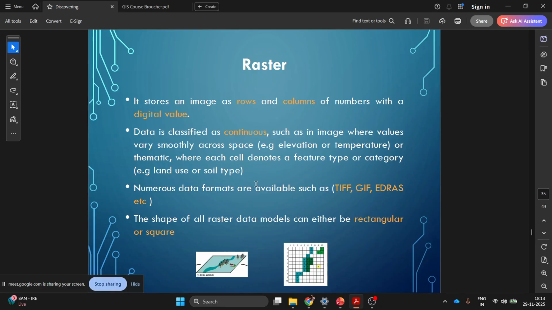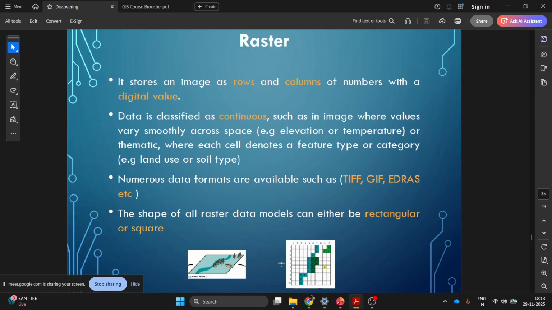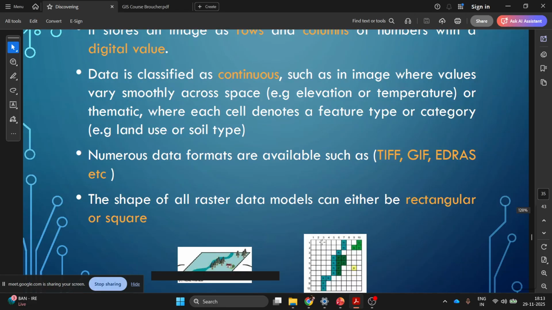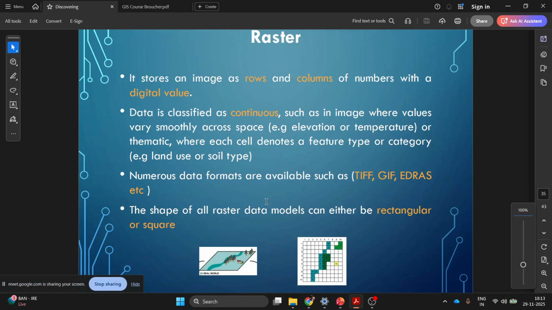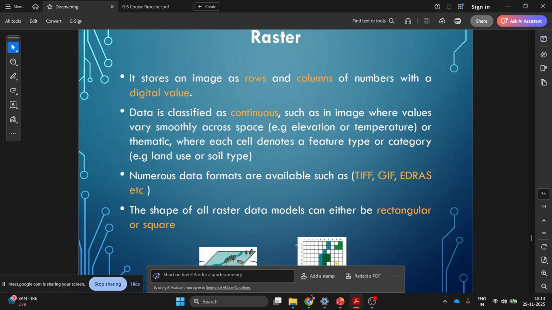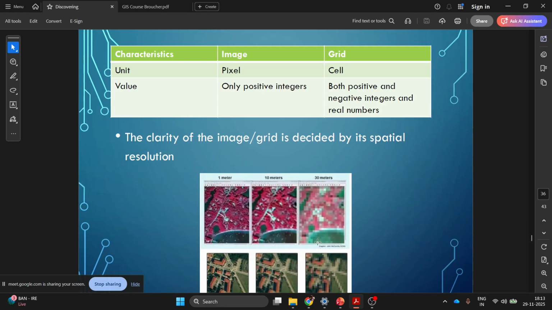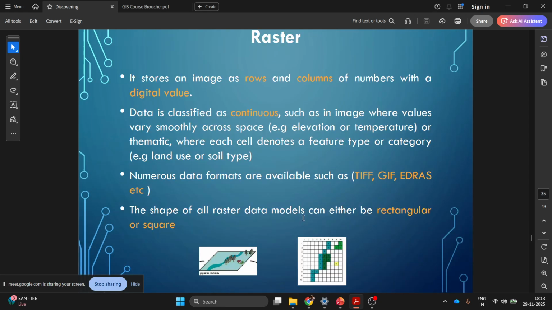In a similar way, in case of this raster file, each grid, each cube, will carry some kind of a value. So that is what we call data, a digital value. So it stores the image as rows and columns. For example, the data is stored as a number of rows, like 19 rows and 19 columns. So it stores an image as rows and columns of numbers with a digital value, and data is classified